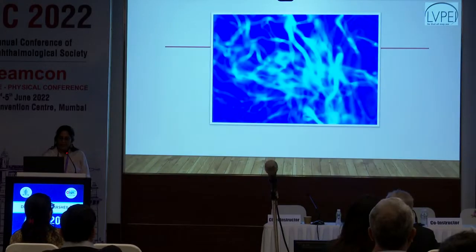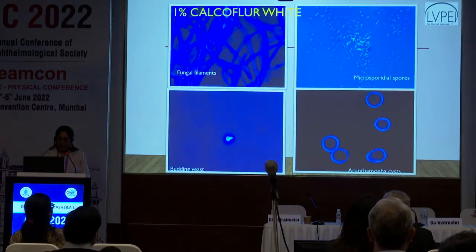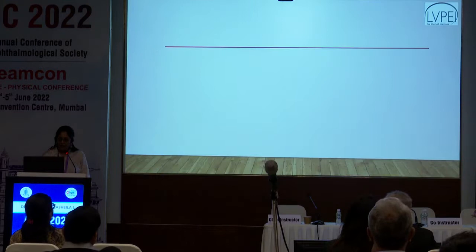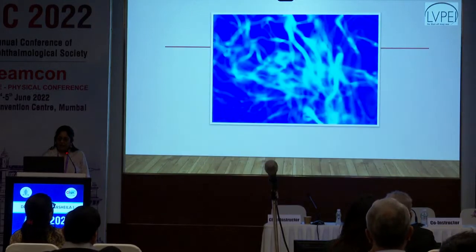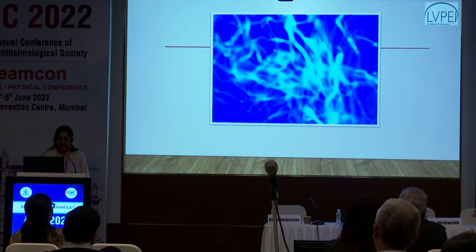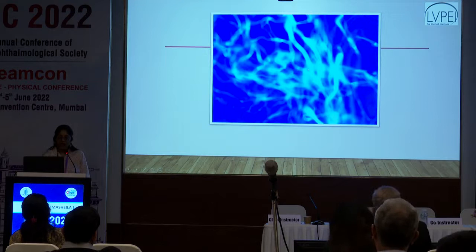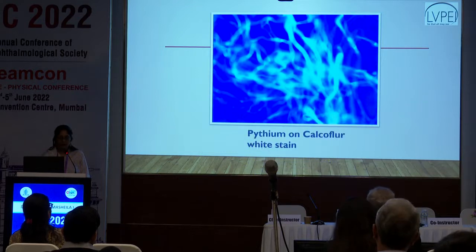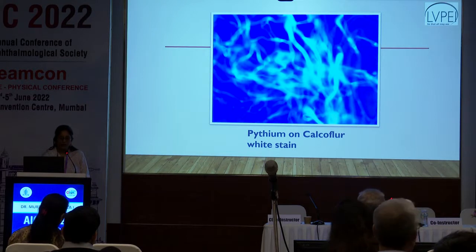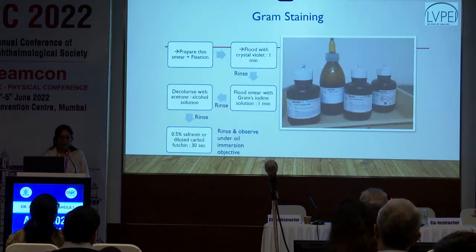And this is a newer entity. So you see that it looked a bit like fungus, but the major difference is that it's not having those typical, very rigid kind of septae. And you'll see these folds, they're called ribbon-like folds. And so our microbiologists noticed that this was different from the typical fungus. And we noticed that these patients were doing very, very badly. They wouldn't respond to antifungals, and we were losing their eyes. So finally we realized this was Pythium, which is a different organism altogether, doesn't respond to antifungals.